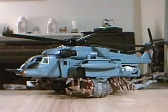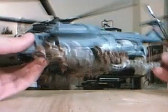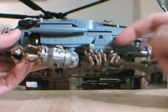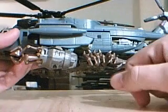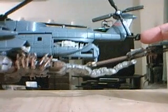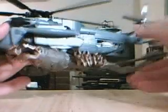So, first of all, let me go ahead and comment why he's on there. What he basically does, Scorponok on the bottom of Blackout, on the top of Scorponok, there are pegs and holes. Now what basically happens is, as you see here, there's a little push button, which when you push it, will make the propeller spin on just the regular Blackout figure. But when you have Scorponok attached,